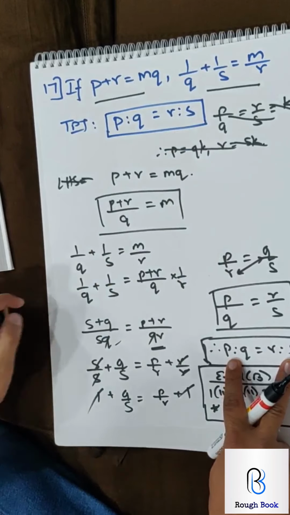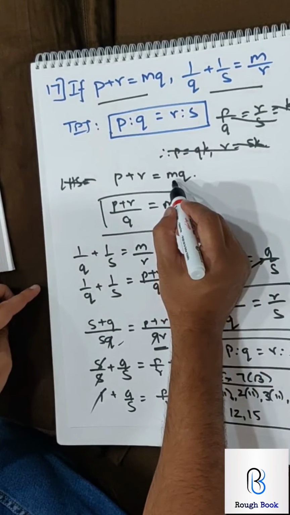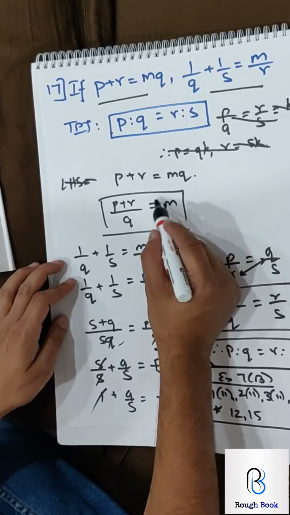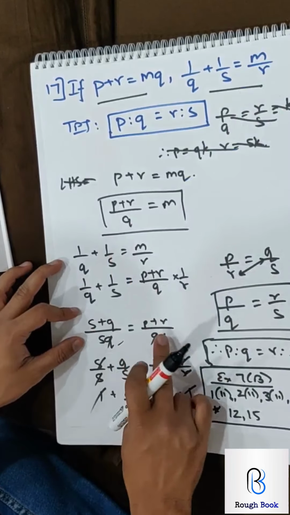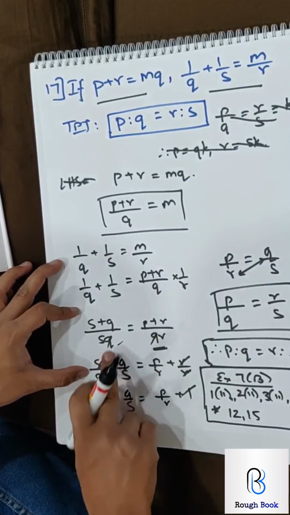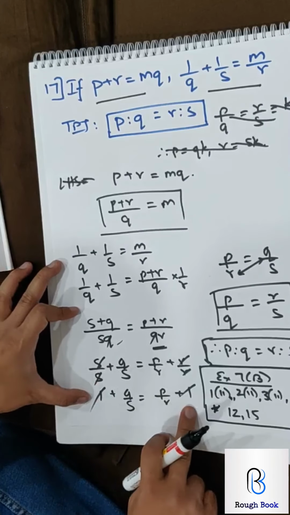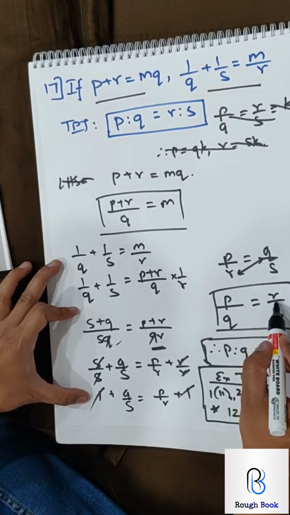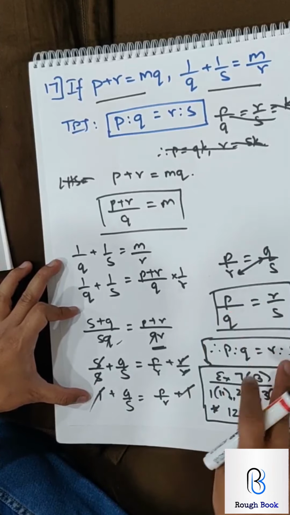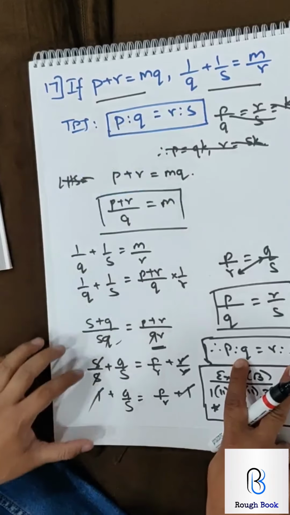Yeah, slightly tricky question. First make M as your subject for this part. Substitute this M in this part. LCM. Cancel Q. Split. Cancel 1, 1. Alternando is what we call when Q comes up and Q comes down and R goes up. And therefore in the ratio form, because that's what is asked.